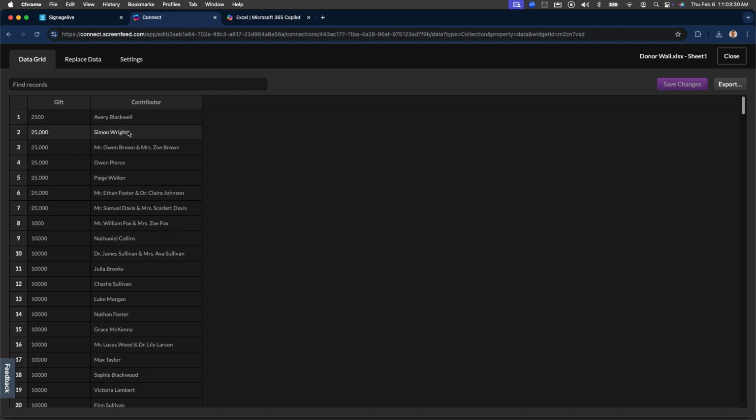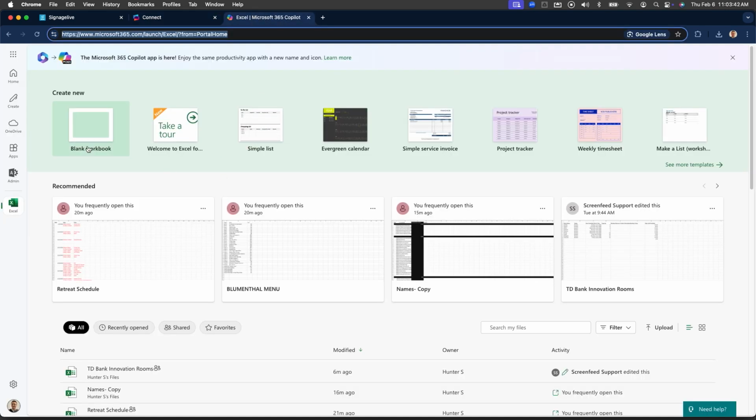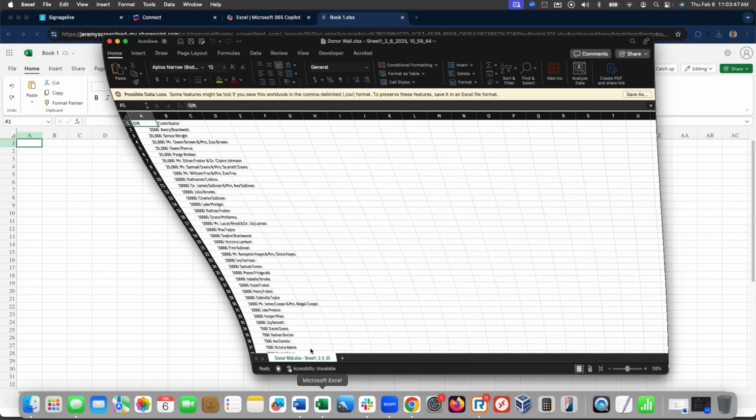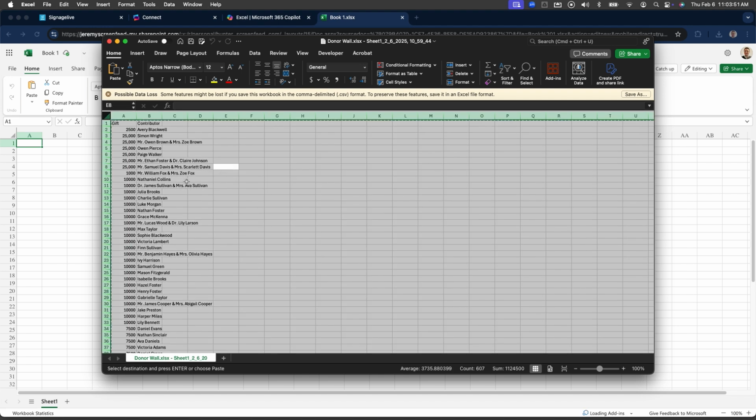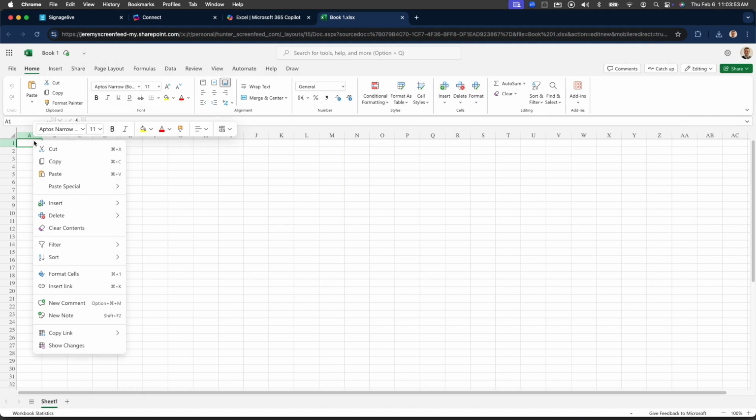What you can do, if you don't already have a data source that has a column for each of those items, you can click Export and export as a CSV. Then from Microsoft, we can go to a blank workbook. I've got my CSV open right here. I'm going to select all of that, click Copy, and paste.